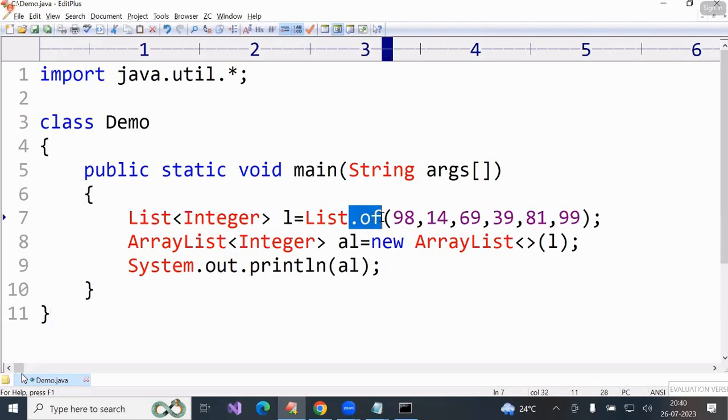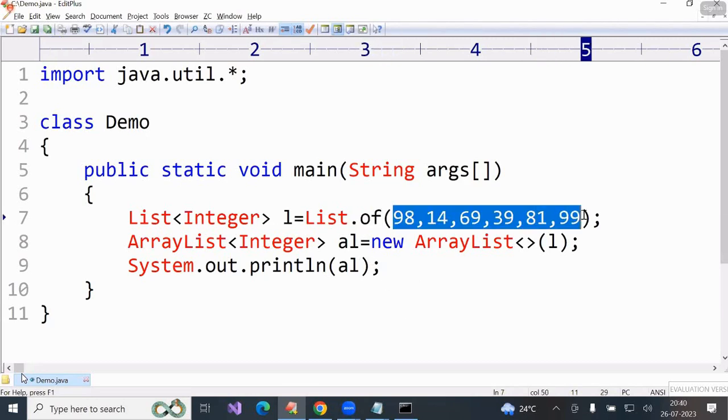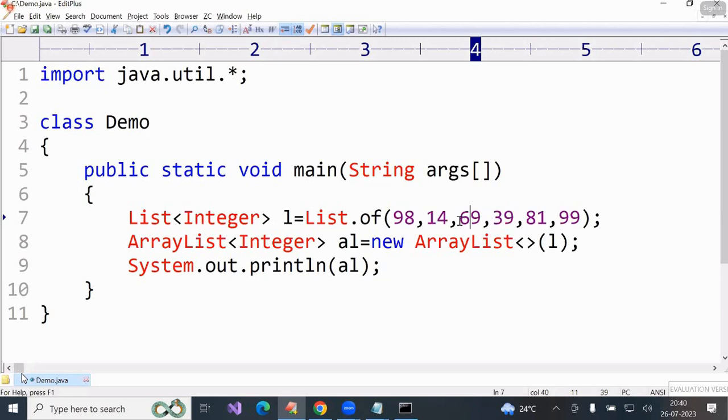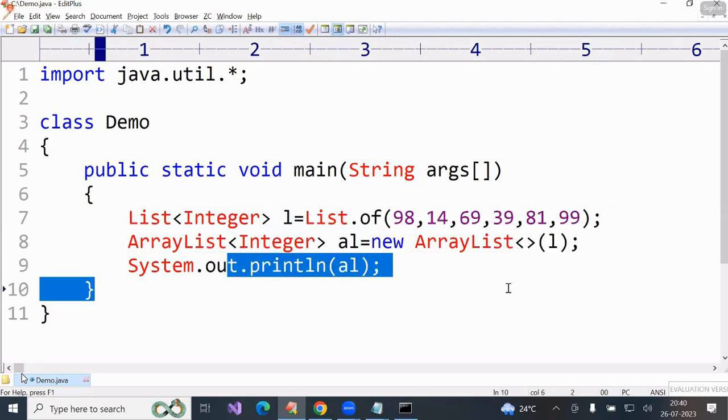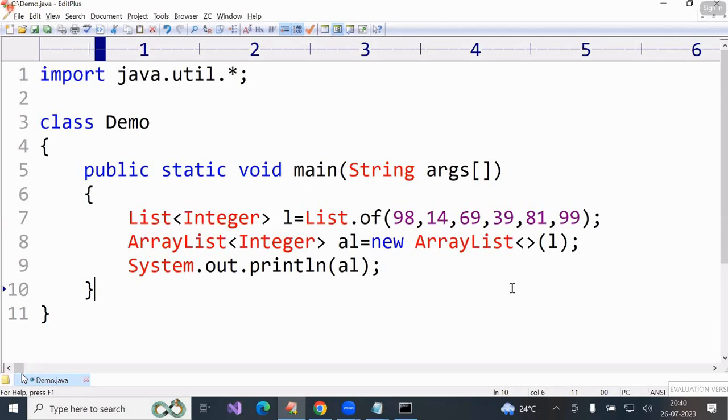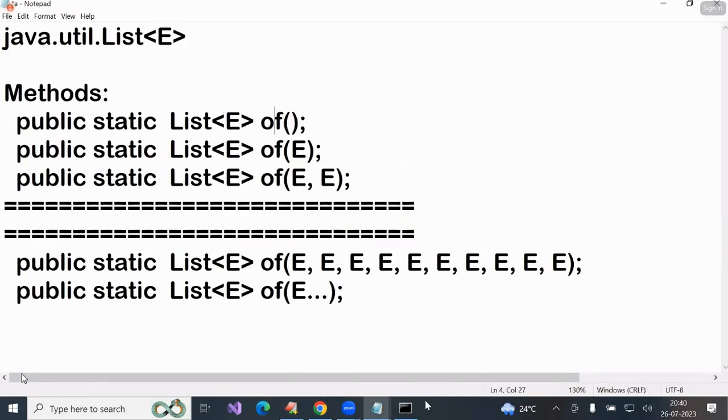So the of method, total 12 methods are there. Any one: here 6 elements I passed, so the 6-element method is called. Here the list is created, converted to an ArrayList, and printed. Is it completed? Next,